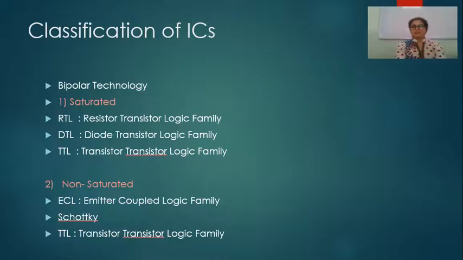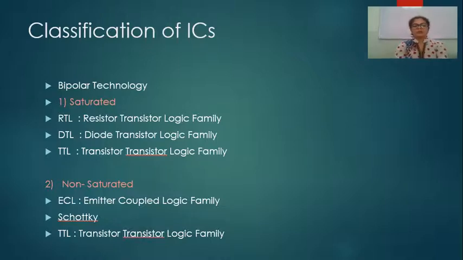Classification of IC is divided into different logic families, and every IC has a different function according to its family. Some of the families operate at a very fast rate. So it depends upon which logic family we are working on. Every different logic family has different functions, different cost, and different fan-in and fan-outs. So it all depends upon the type of the logic family.